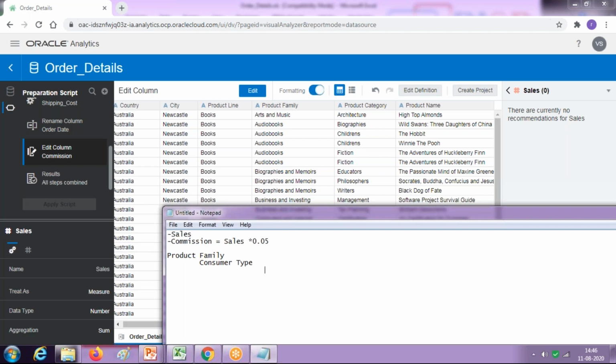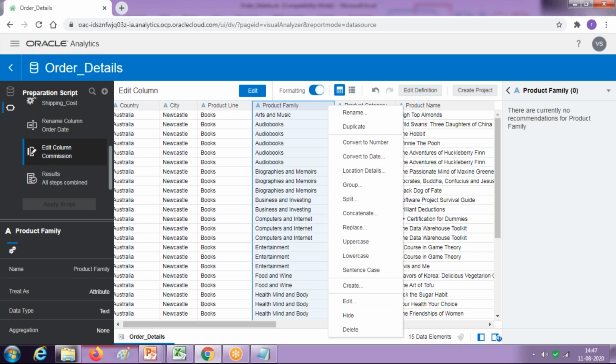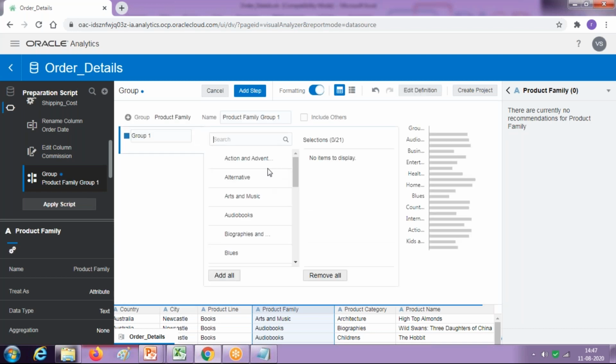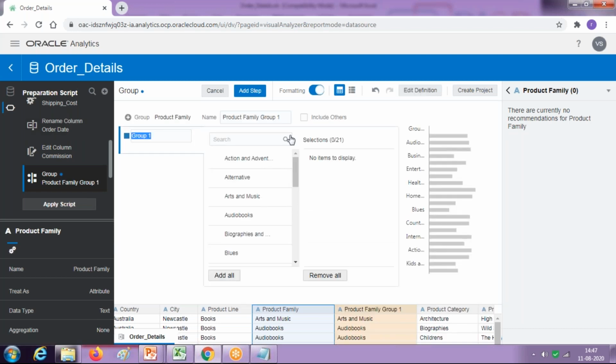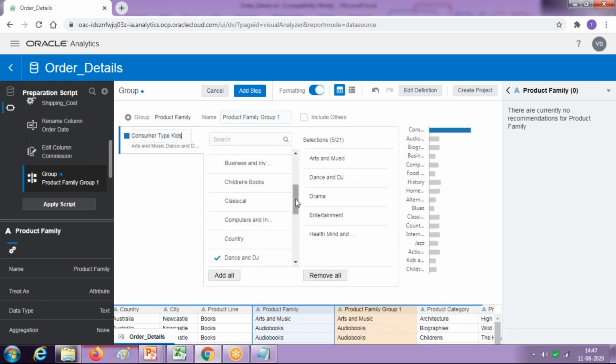So I'm going to create a consumer grouping. Products are designed for kids, products are designed for ladies, products are designed for gentlemen. I would like to further classify the product by these three groups. So it's fairly straightforward and possible. Click on your measure or attribute, and there is an option called grouping. So I create three groups and you select product. For the sake of testing, I select a couple of random products. So I say group number 1, consumer type kids. It says the underlying products are designed for kids. I just randomly select a couple of products.